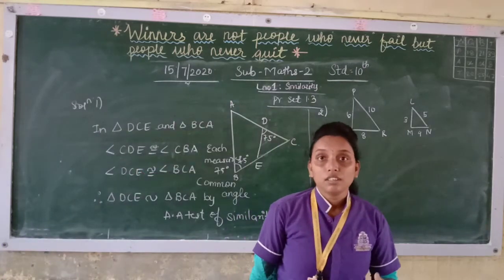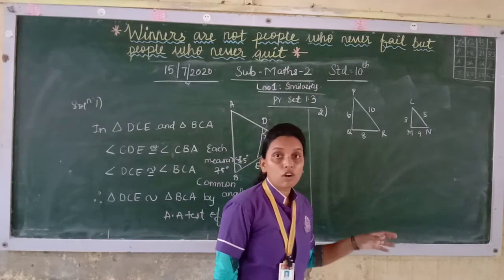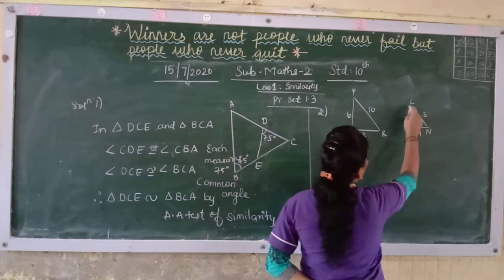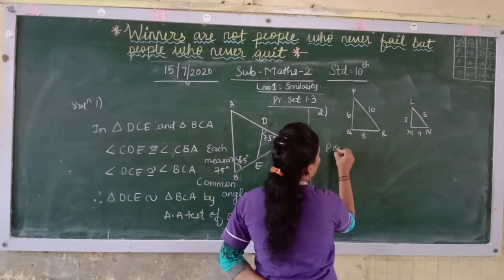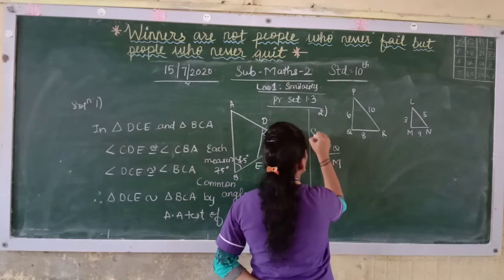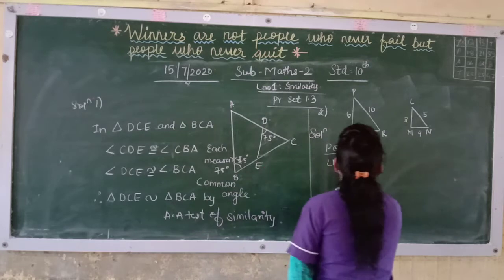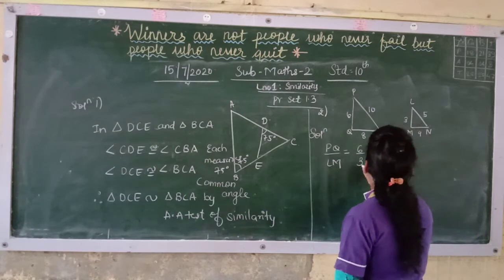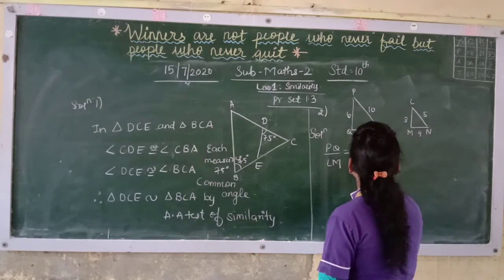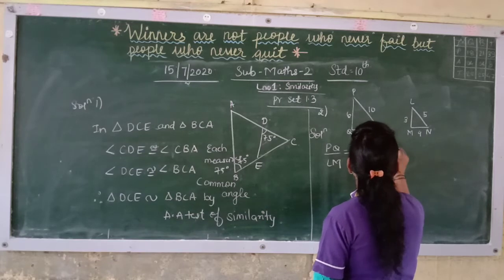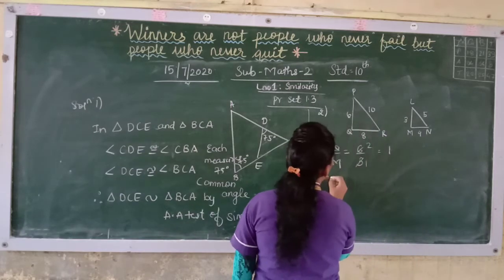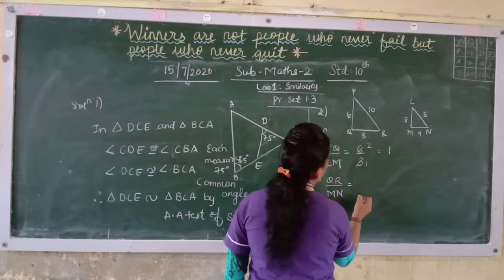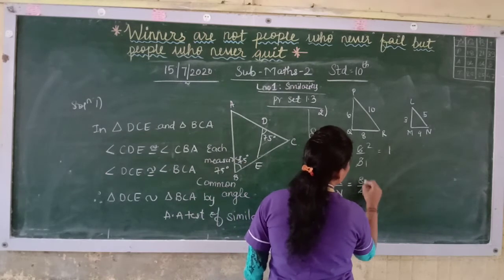We have one test of similarity in that all sides are there. Now here all sides are given. So here, if you take P, Q, R, here you will take L, M, N. So here you will have PQ upon LM. Solution you will write. So for PQ, it is 6 upon 3. So here you will get, then you have QR upon MN. So if you take that, it will come 8 upon 4.